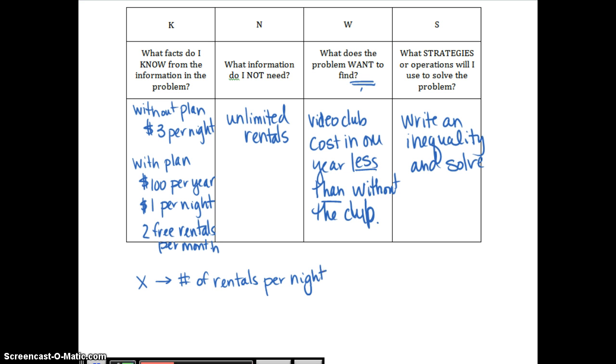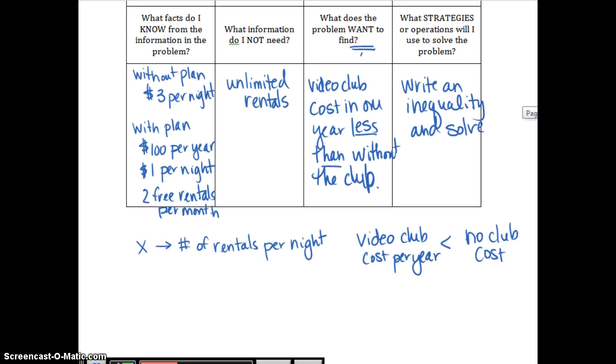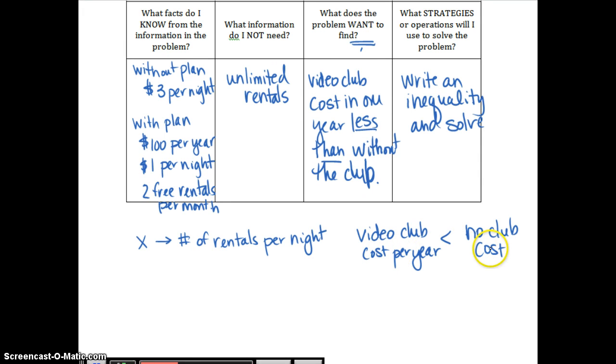Now, in order to solve this problem, what we want to look at is the video club cost per year versus not being in the club. So no club cost. All right, and we want to know, when is this video club cost going to be less than the cost if you're not in the club? Okay, so what we need to do next is write an expression for each one of these. So the video club cost, so that's with this plan, we know automatically it's $100 per